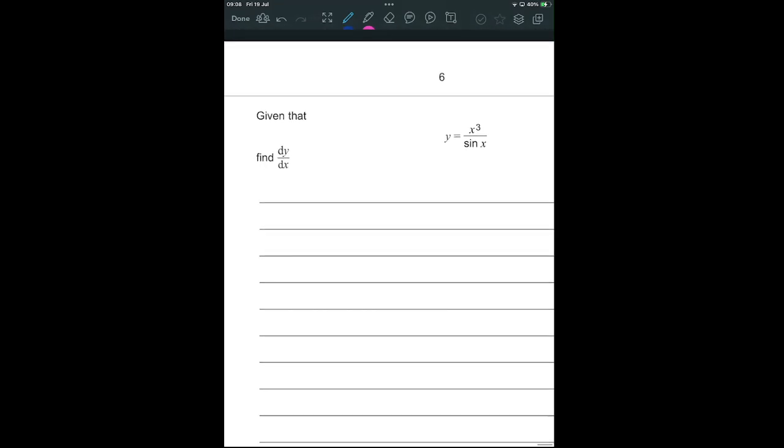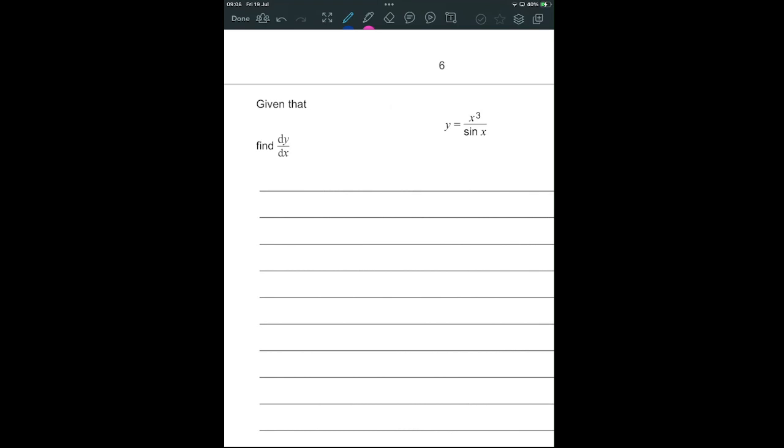Question 5. Given that, differentiate it. So this is going to be a classic quotient rule. Let's set it up. u dash is a simple derivative. v dash, sine differentiates to cos. I almost put cos theta out of habit. So dy by dx is u dash v minus u v dash over v squared,